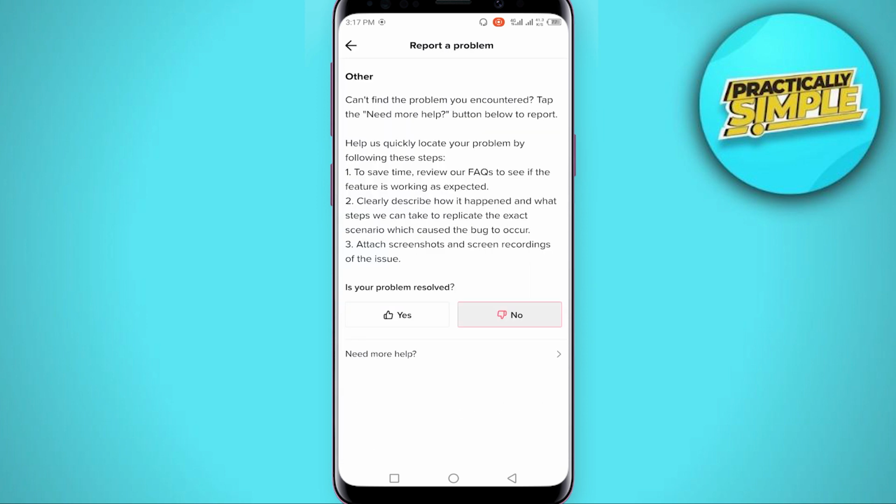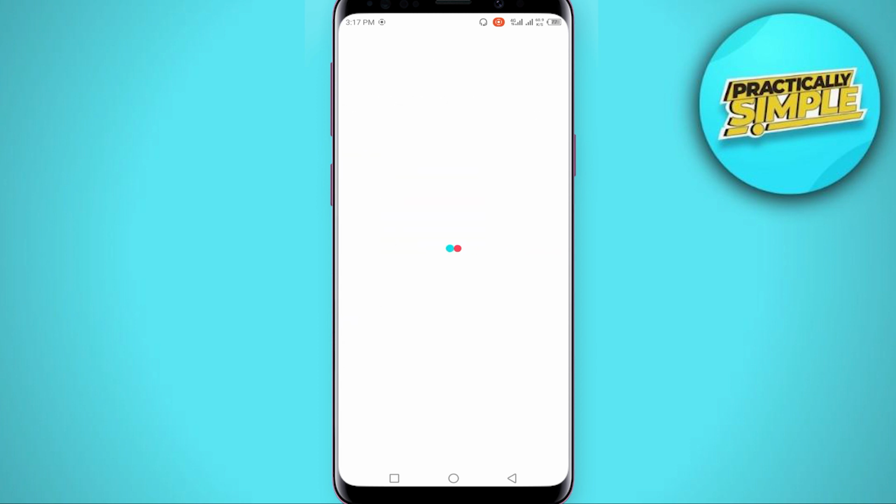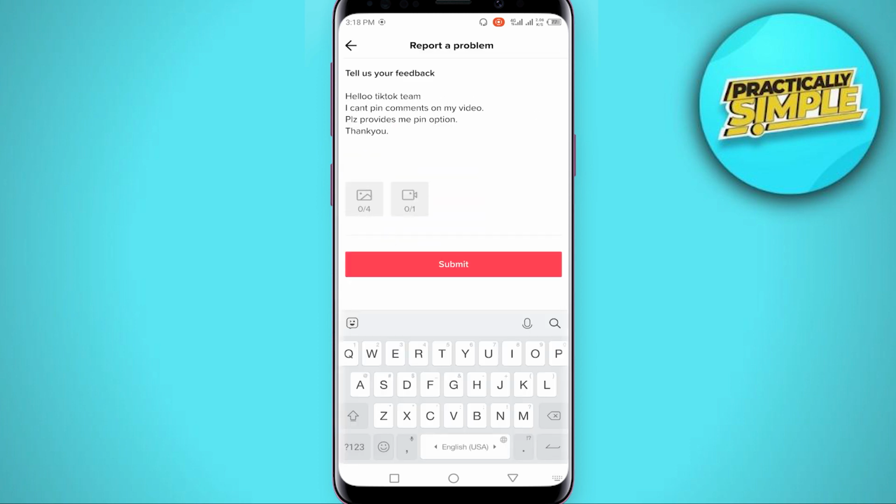From here tap on this No and click on Need more help, and from here you have to type something like this: Hello TikTok team, I can't pin comments on my video. I don't get the pin comment feature. Please provide me the pin comment option. So just write something like this and then you can upload your problem screenshot and then just tap on this submit button, and after this wait for the answer from the TikTok team and